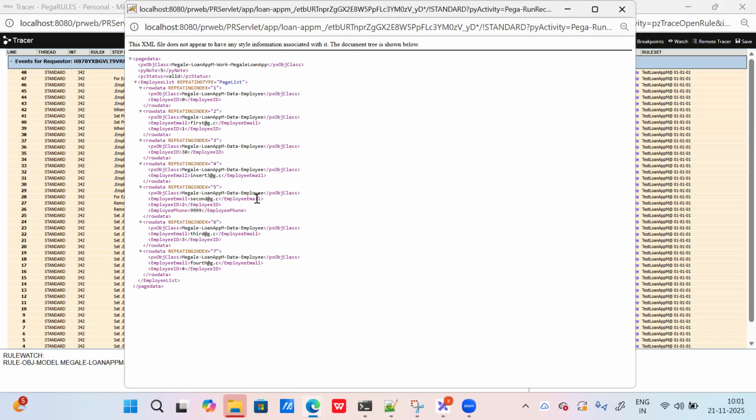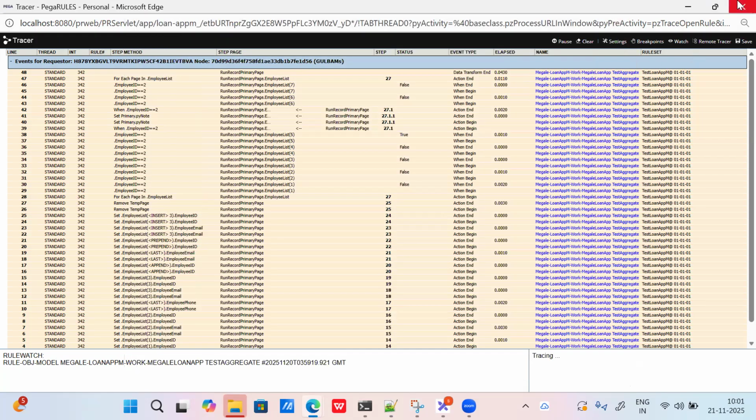Later I can change my employee ID value by giving it as 0, or 1, or 30, or 3, or 4. The question says my employee ID value is not fixed. It will change depending upon the value that the user is going to provide. Now how to do that?